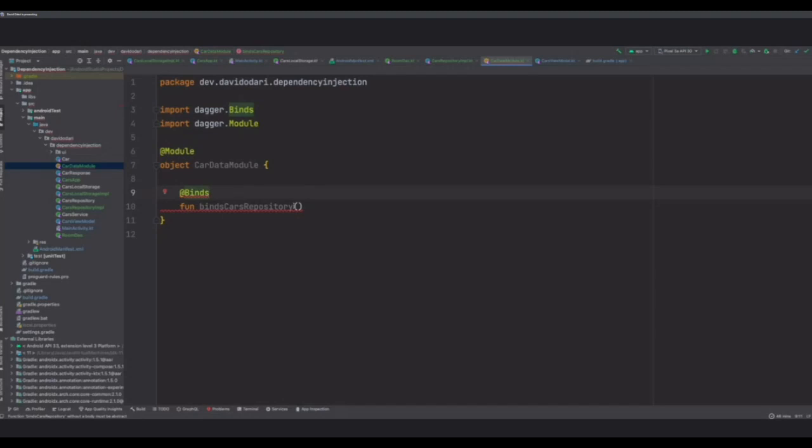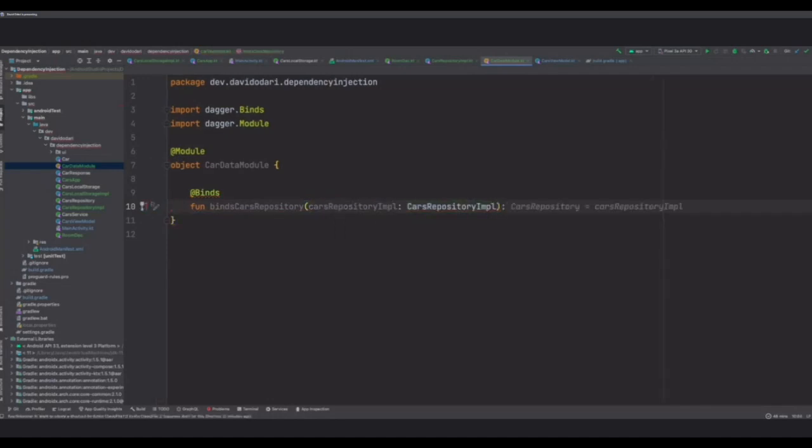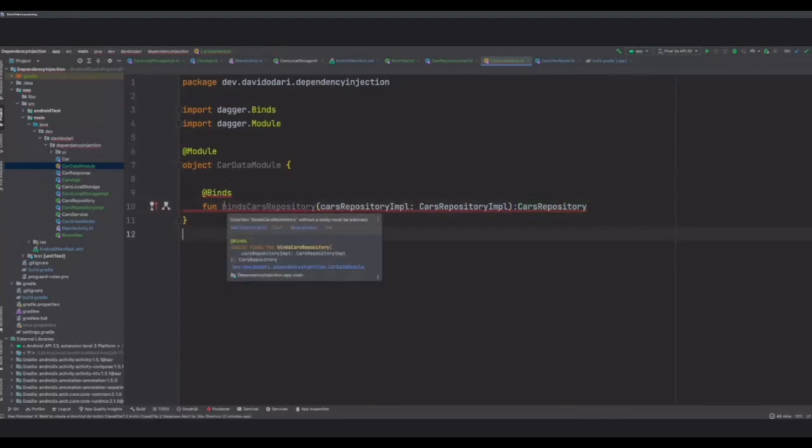So let's say binds. This has the car repository, and I think it's supposed to return the type of the interface. Yes. What am I missing?